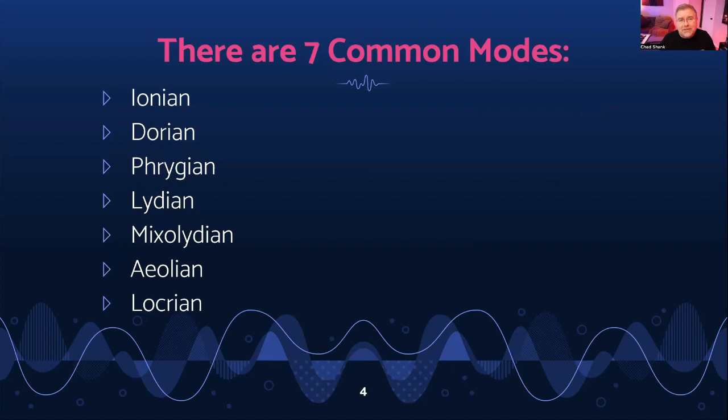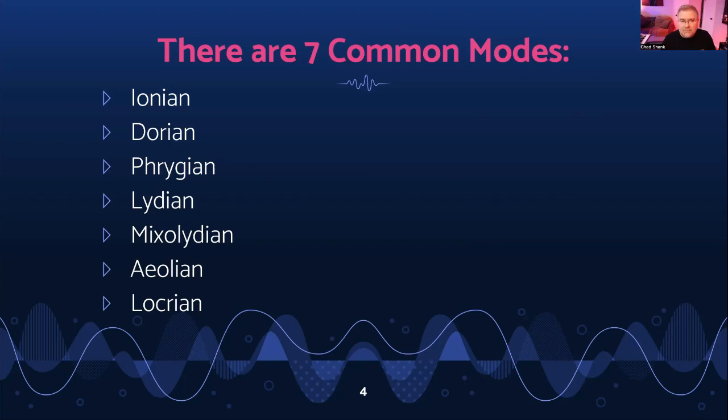Within any major scale, there are really 7 common modes that you will often hear about, and these are the most common modes that you'll probably end up using in your writing as well. The mode starting on the 1 is the Ionian. Another word for Ionian is the major scale, because that's just the major scale. Building the mode off the 2nd degree of the scale is called Dorian. Building it off the 3rd is Phrygian, 4th is Lydian, 5th is Mixolydian, the 6th is Aeolian, and then the